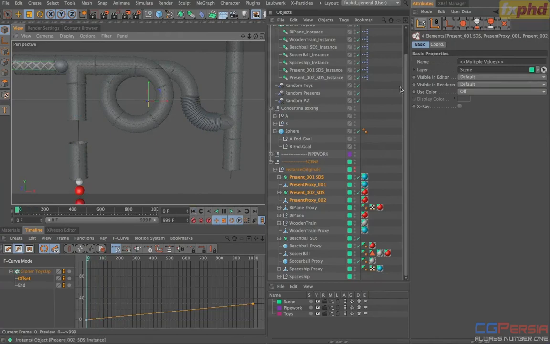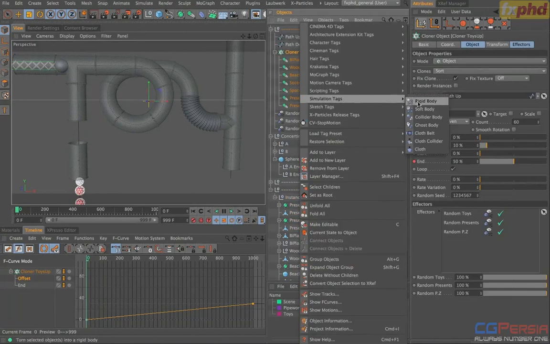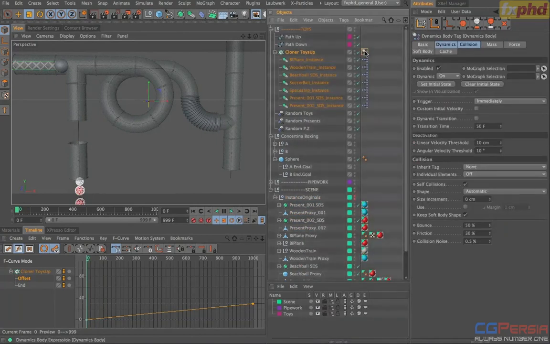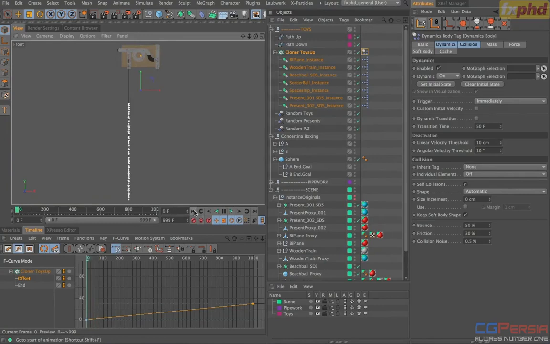So let's come up to our cloner, right click and choose simulation tags, rigid body. Now if we just press play, all of those objects are just going to drop down. If we just come out here, they're all our objects. Gravity's taking over, they're just dropping down. Now we don't want that to happen. We do want the effect of gravity, but what we really want to do is